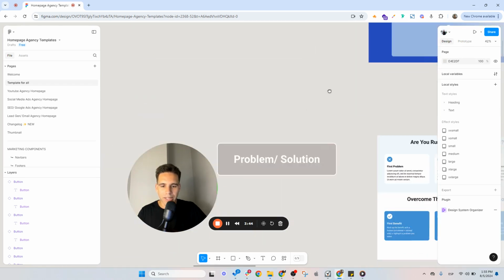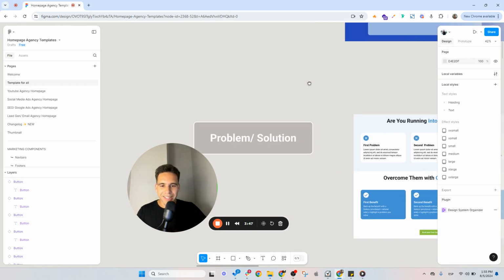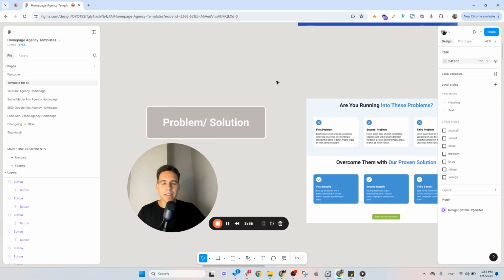Let's get into the next section, that is the problem solution. This section I usually see, but sometimes higher up, sometimes in the back of the page. Sometimes I don't even see it. And the thing is that we want to make sure that we are talking to our ideal customer. If we have a page that is talking about our ideal customer, they have the main problems that the normal person is not gonna have. Like if I'm targeting people that do ads, I'm not targeting people that do cold email. I'm targeting people that do ads, and they're gonna have some problems that people that do cold emails or cold tweets or whatever are not gonna have.